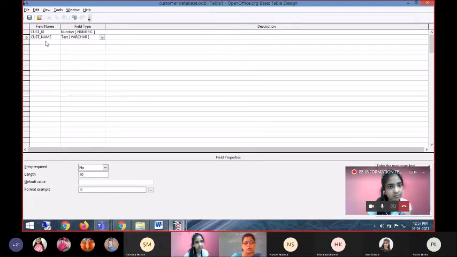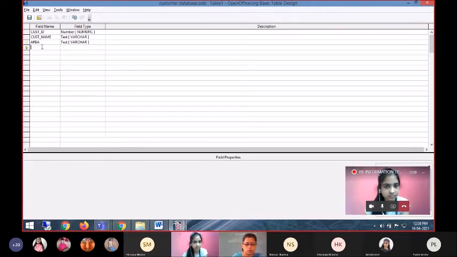Then next field, area. In which area the customer lives or what is the address of the customer. For area, of course, I will take text, and if the area is a small name like Vaishali Nagar, Mansarovar, etc., then 20 characters would be enough.